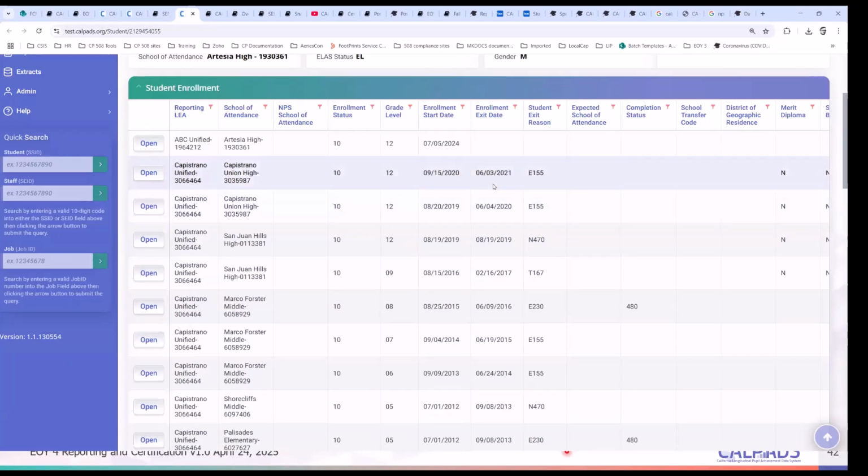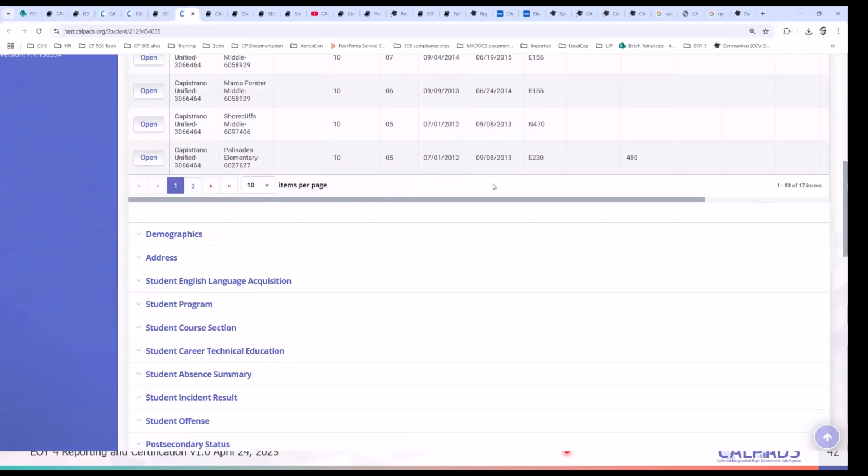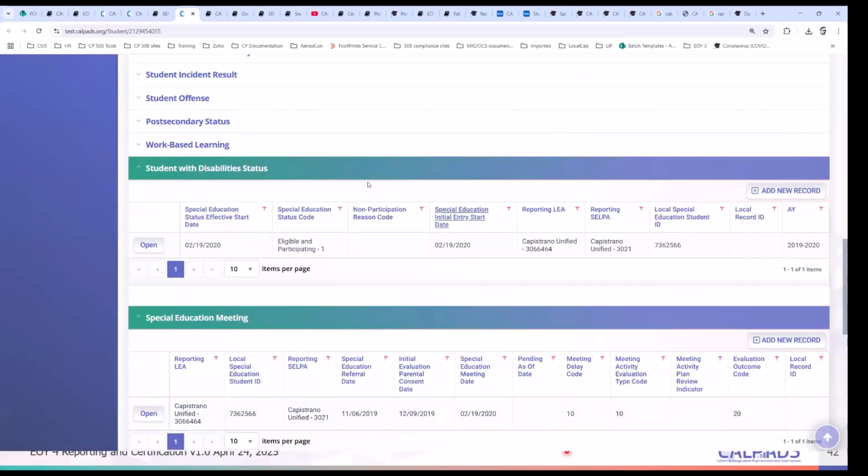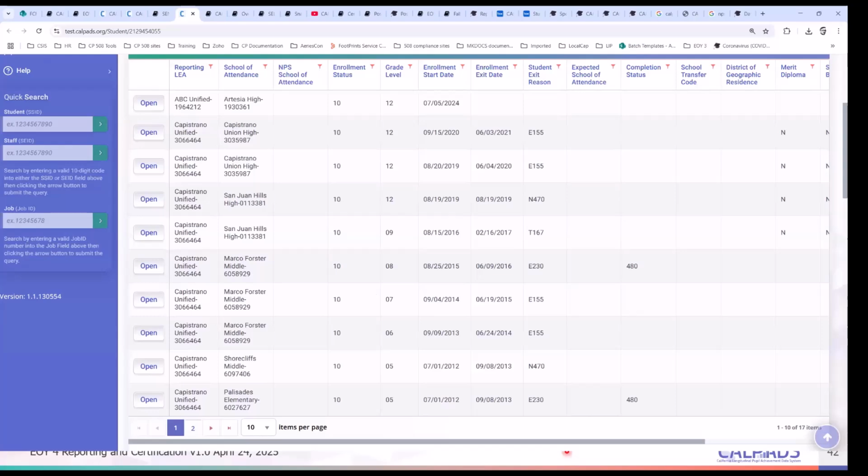If Capistrano is unable to change the record, or you don't get any response from them, you could be proactive as well and just create that meeting, create the student with disabilities record, making sure the start date is within the enrollment, then you should be okay.